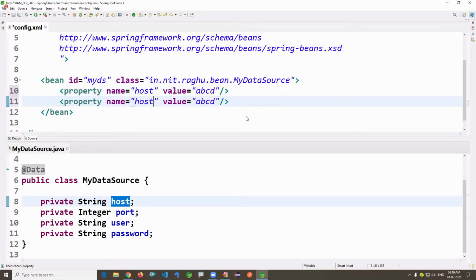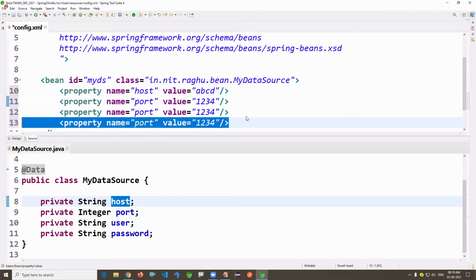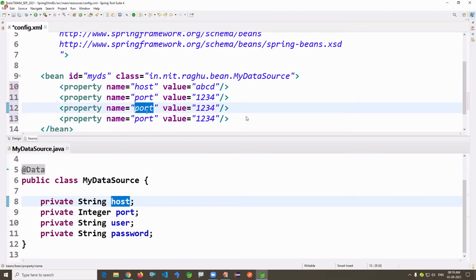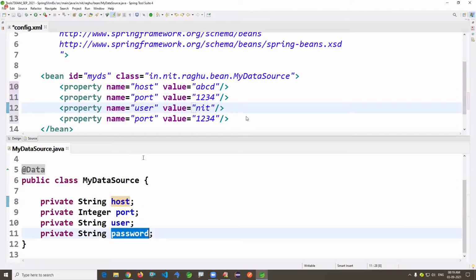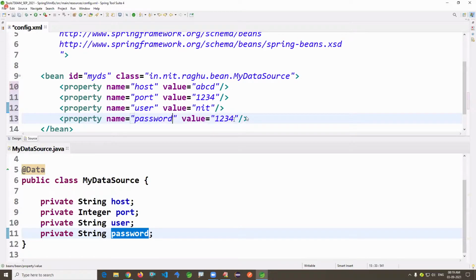Next I'm giving the second one, port, 1234. Next one is user, NIT. And next one is the password.